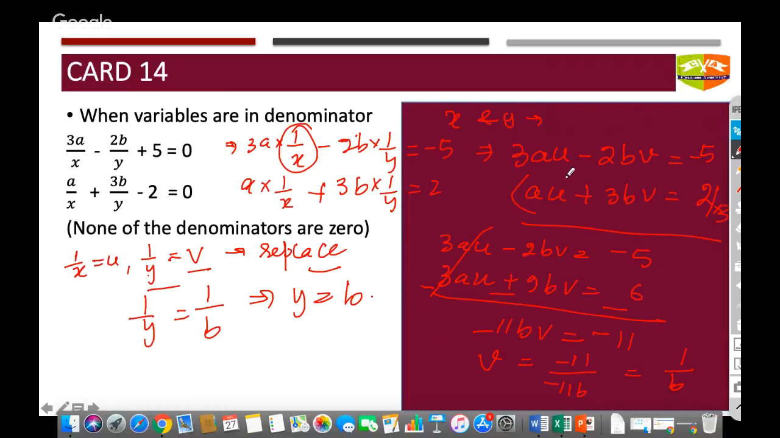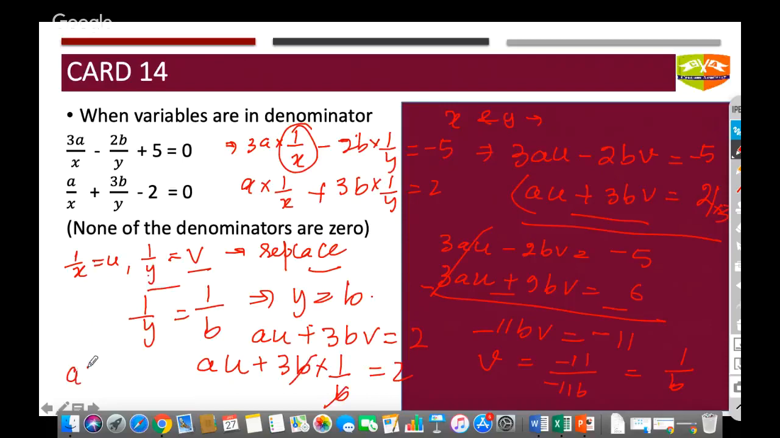Now in the second equation, which was au plus 3bv equal to 2, I'll put v is equal to 1 by b. So au plus 3b into 1 by b is equal to 2. So the b and b get cancelled out. Au plus 3 is equal to 2. Au is equal to 2 minus 3, which is minus 1, and u comes out to be minus 1